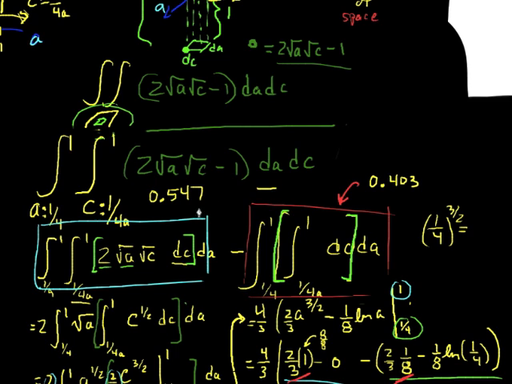So we have this integral, subtract that integral, and we have 0.144, and that is the volume of the cap. And I'm going to finish